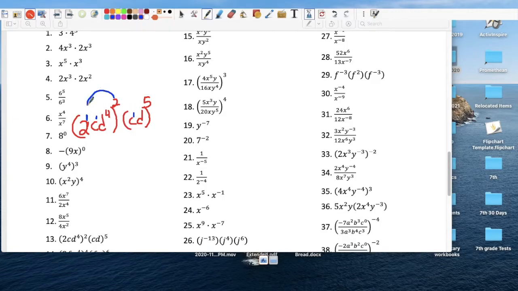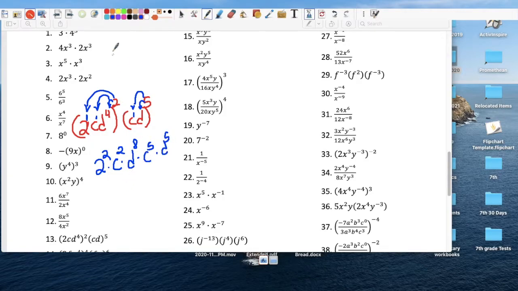So that 2, we're raising that to the second power, we're raising that to the second power, and that to the second power. And the 5, we're raising that c to the fifth power, and that d to the fifth power. So the quick way is to multiply the exponents, right? So the 2 has an exponent of 1, and 1 times 2, so that becomes 2 to the second power. The c has an exponent of 1, and 1 times 2, so it becomes c to the second. And the d has an exponent of 4, which makes it d to the 8th. All right, so that is gone, and then don't forget times. You don't have to write that, and then here c to the first power raised to the fifth power is c5, right? Multiply the exponents, and d has an exponent of 1, and again